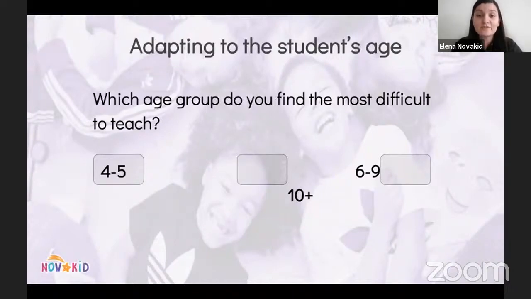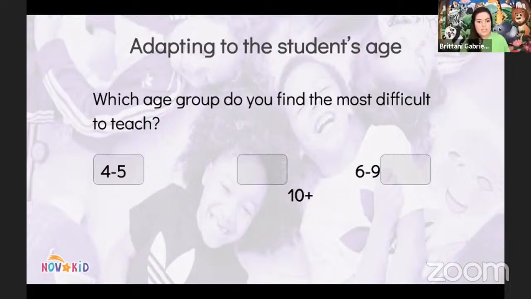75% voted 4 to 5-year-olds. Okay. Oh, someone wrote 3-year-olds. Now, we don't generally start classes at the age of 3 unless a student is about to turn 4. So yes, you might have a 3-year-old in one of your classes, but this is not something that is super common here at Novakid. But I agree, they can be a little bit difficult.